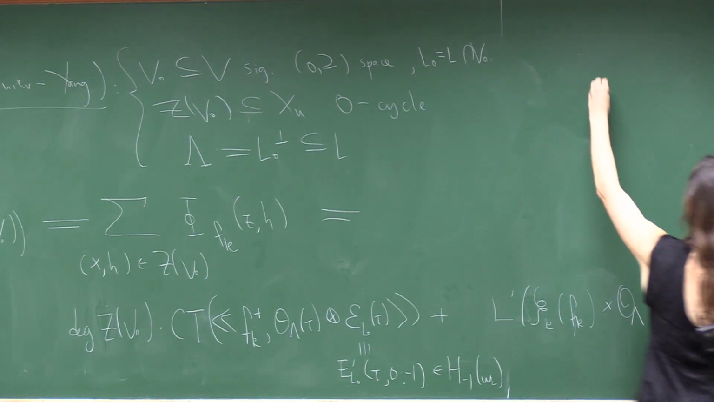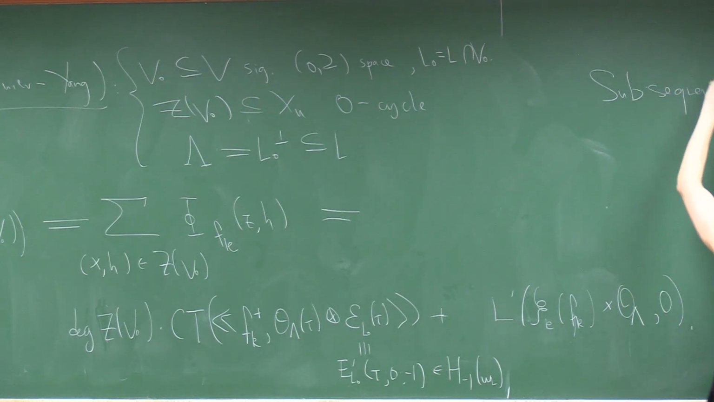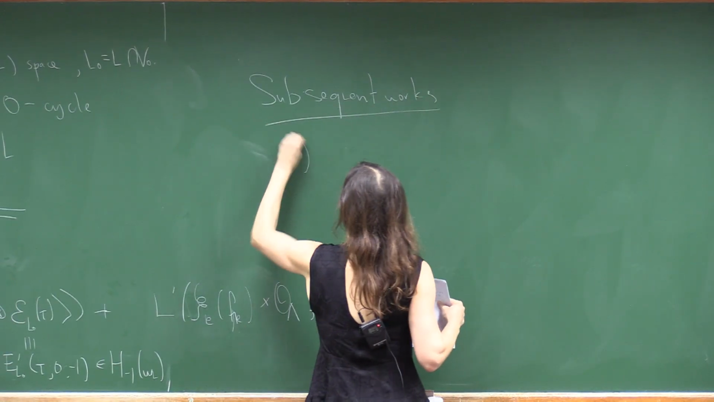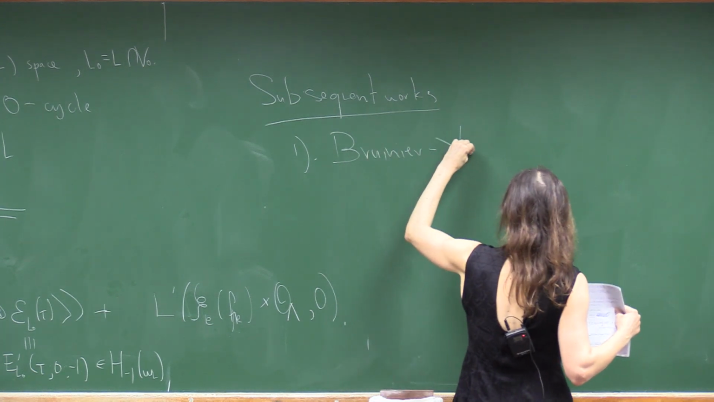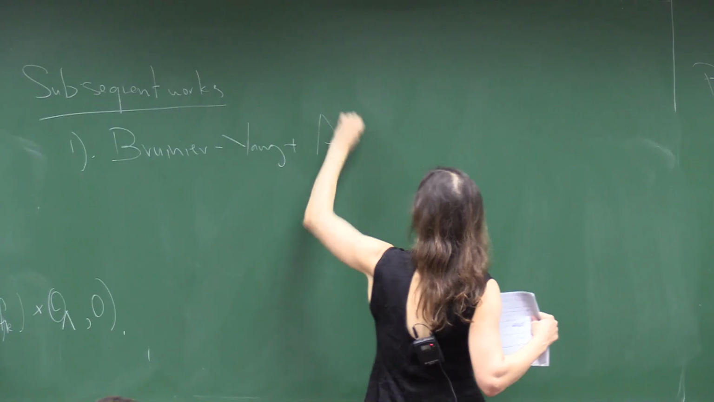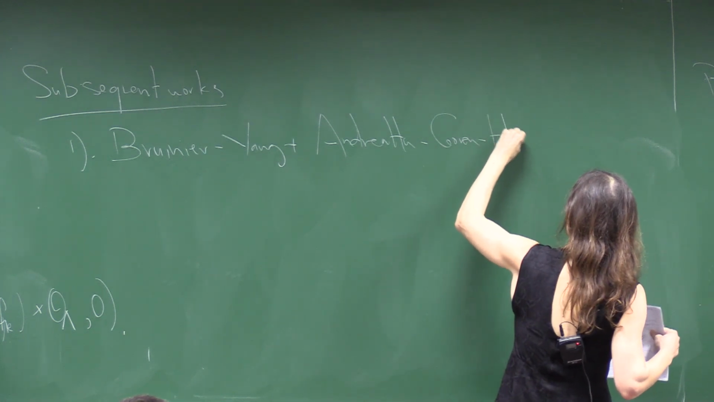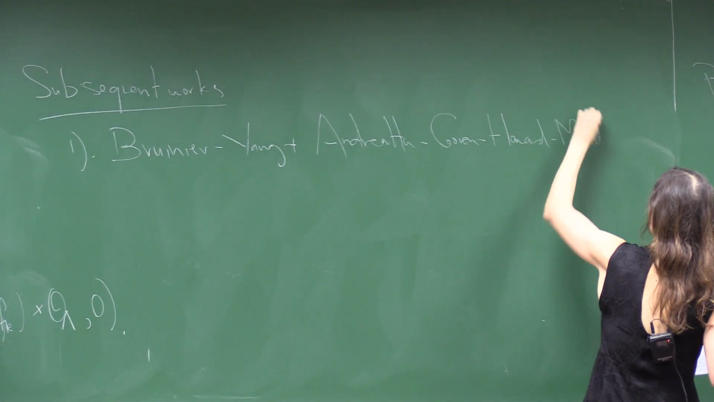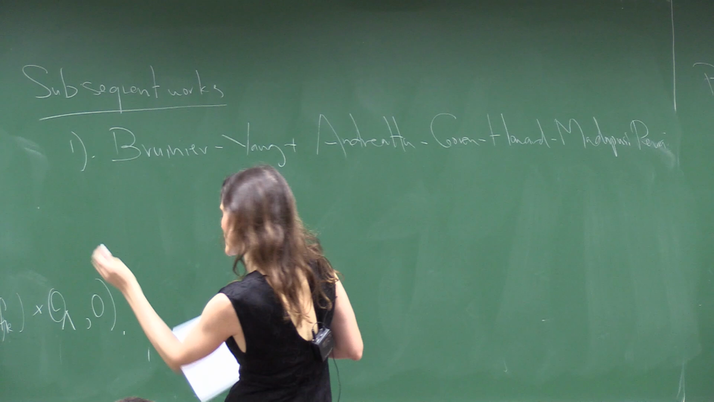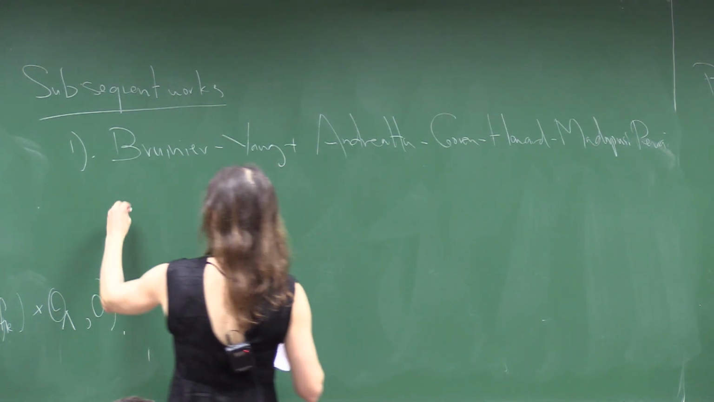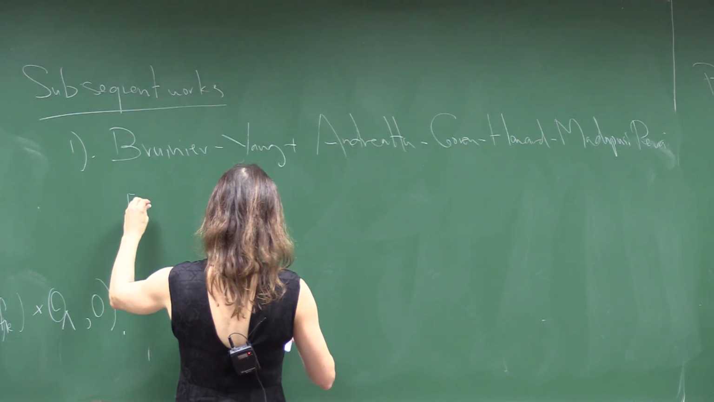So subsequent works. One is a combination of Bruinier-Yang, the second part of their Inventiones paper, plus a paper of Andreatta, Goren, Howard, and Madapusi Pera. It computes this in a more arithmetic way and shows that actually, if you, this is my notation for the arithmetic height. So if you